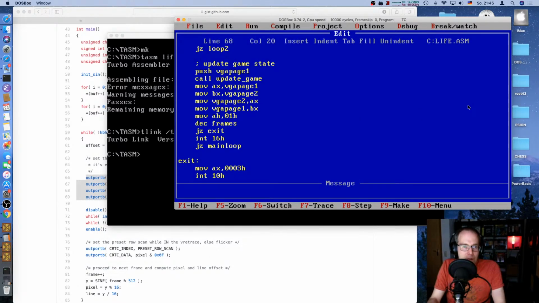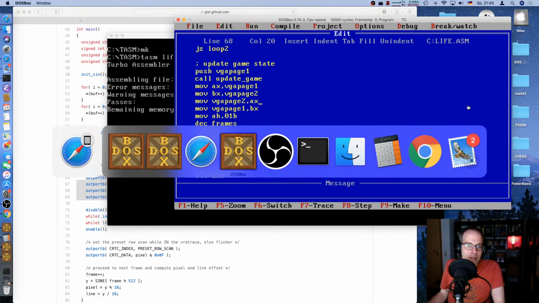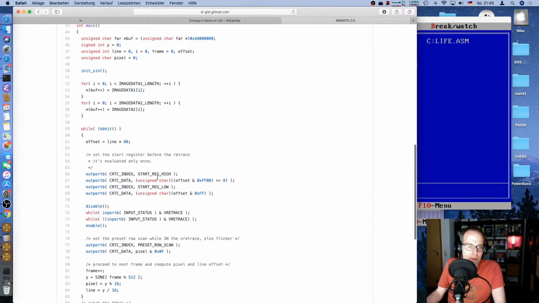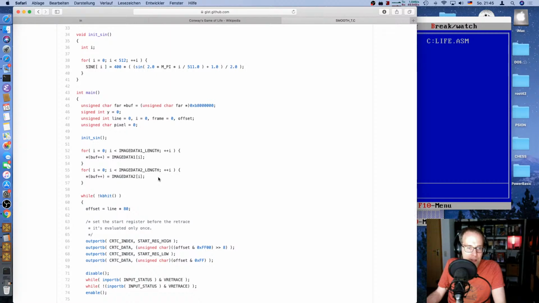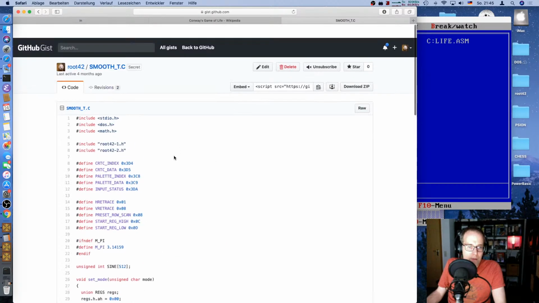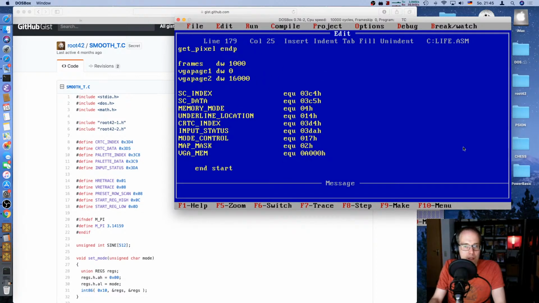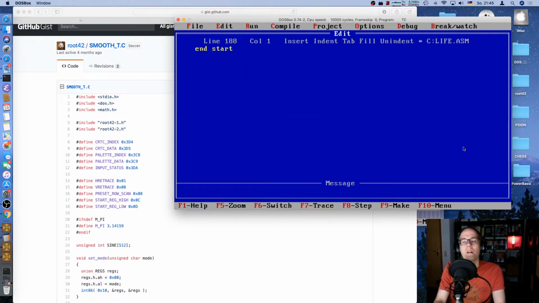Okay, we fixed that. We need to do the actual swapping of the, oh god. Here, we need to do this stuff. I'm gonna scroll this a bit down so we see that. And start register high and low. There we are. Let's put that down here. Start register high equals 0Ch, and then crud,